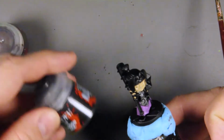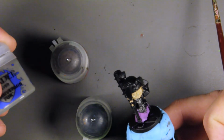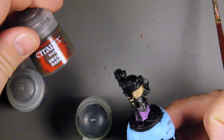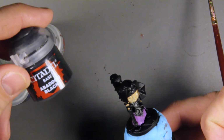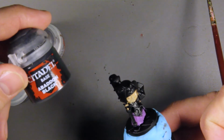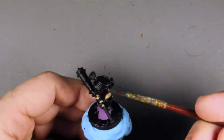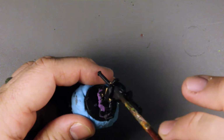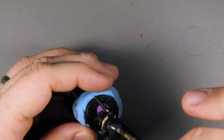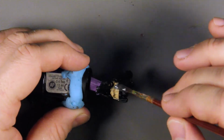And then I came in and added just a touch, so this is probably 2 of the Storm Vermin Fur to 1 Dryad Bark, and then just maybe a touch of the Abaddon Black to get this kind of dark grayish with a teeny bit of brown in it. So we're just going to come in and